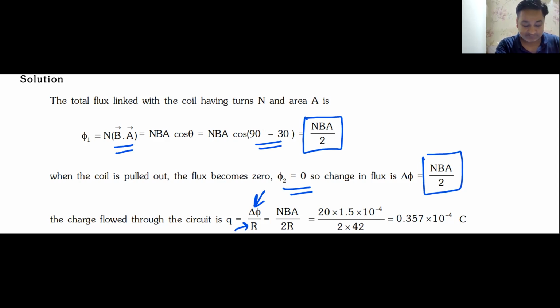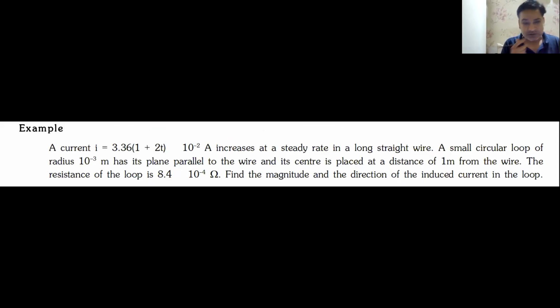Comes this one. And again, in this question, try to understand the language of this question and how you are supposed to do this. A current I is 3.36 into (1 plus 2t) into 10 raised to the power minus 2 ampere, increasing at a steady rate in a long straight wire. A small circular loop, and that is the main point of this question,